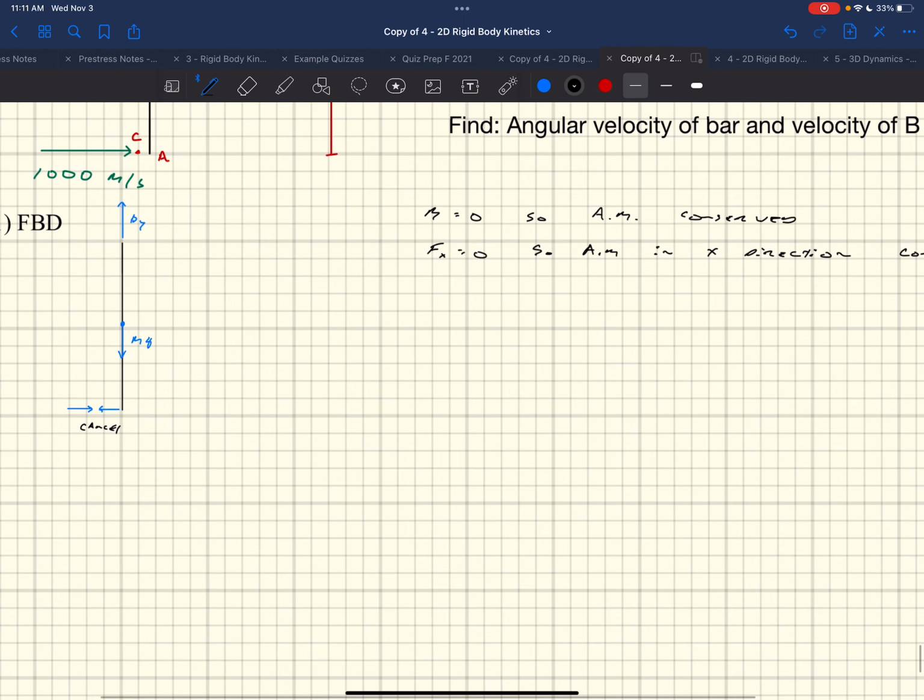Okay. How about in the y direction? First of all, there's not really anything going on in the y direction, right? My bullet is coming in just in the x direction, and so there's not really any impact happening in there. But if it did come in at an angle,